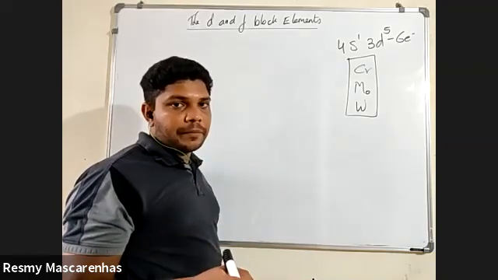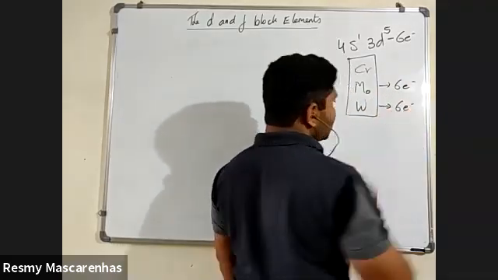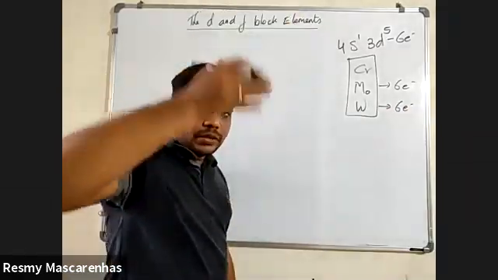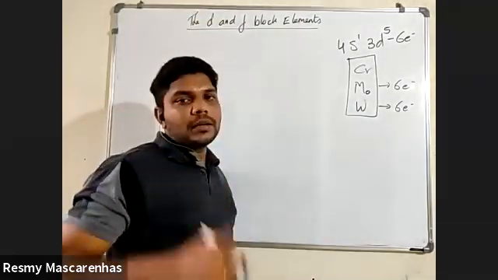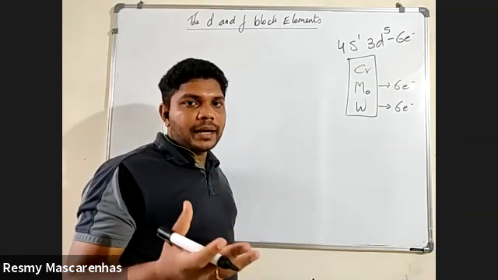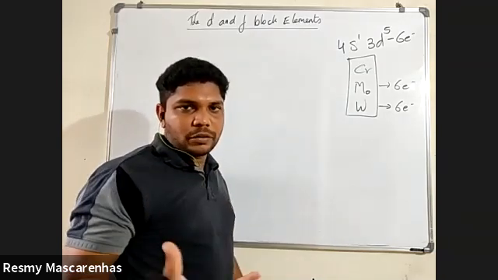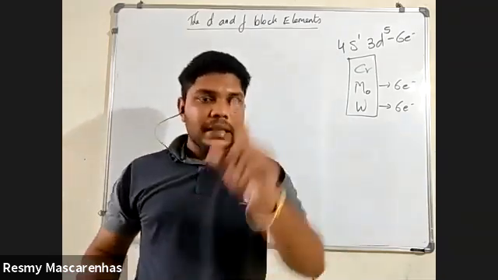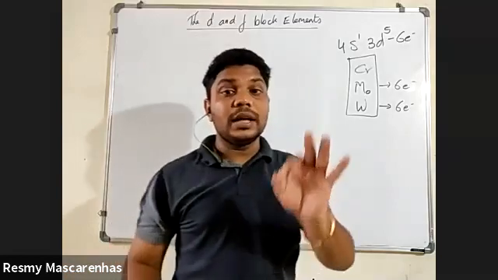Will you remember this? Same way for molybdenum. Molybdenum will also show 6 electrons, and tungsten is also showing 6 electrons, because the chemistry is the same. They are just one after the another. Whatever is shown by chromium, same way molybdenum will show, same way tungsten will show. Is it clear? Whenever there are more unpaired electrons, it is stronger because of the strongest attractive forces. So please remember, in the entire transition series, chromium, molybdenum, and tungsten are showing the hardest